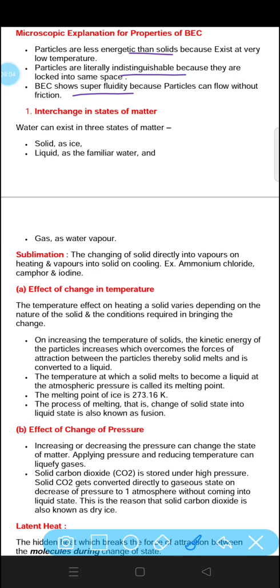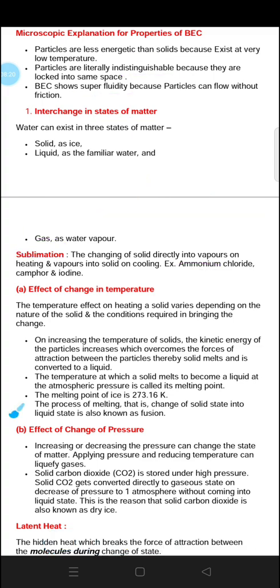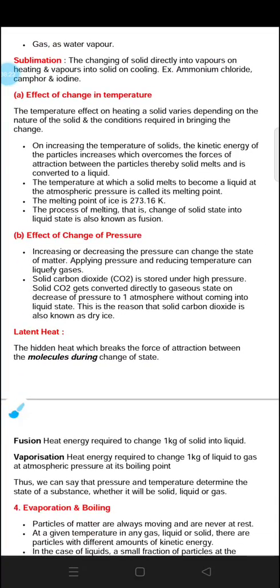Now there are some interchanges in state of matter. If a solid directly converts into gas, then that process is called sublimation. The change of solid directly into vapor. For example, ammonium chloride, camphor. Camphor you must have seen in your houses. We used to keep it. After that comes